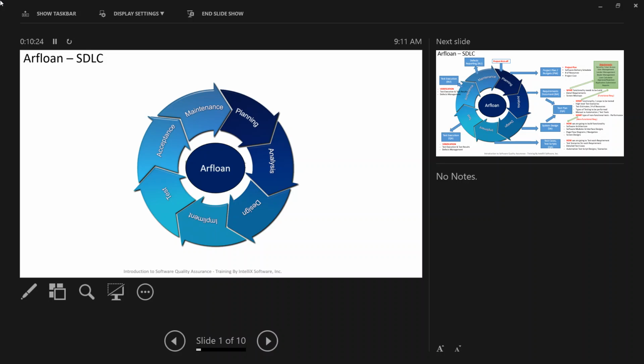Test design, is that the terminology? What did you guys do over the last week? Writing test cases, test scenarios, basically all the designing, right? Test design, you can use that term as well. But you have to understand the requirements inside out and write the detailed test cases. The ultimate goal is how I'm going to test whatever these guys are building. Since we understand the requirements and design, this is the phase where you're going to start writing your detailed test cases, okay?